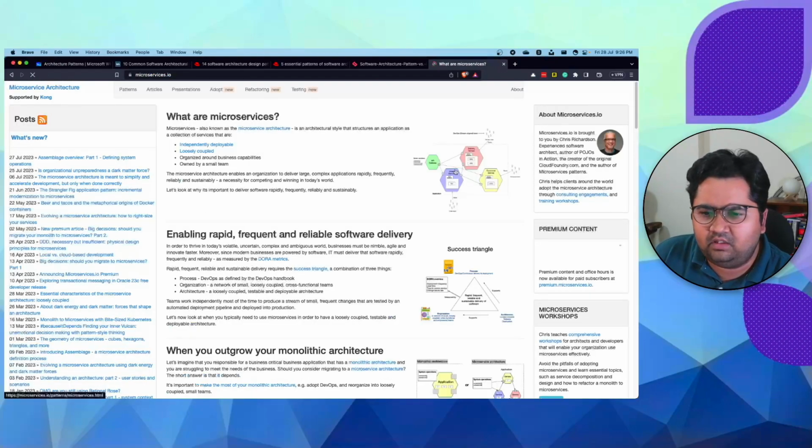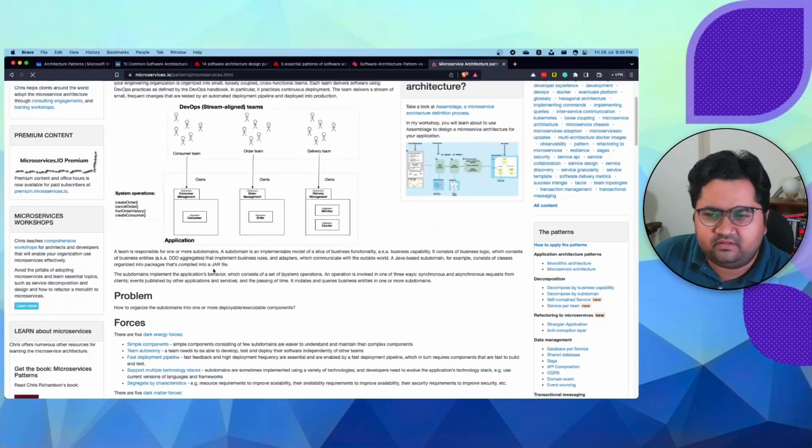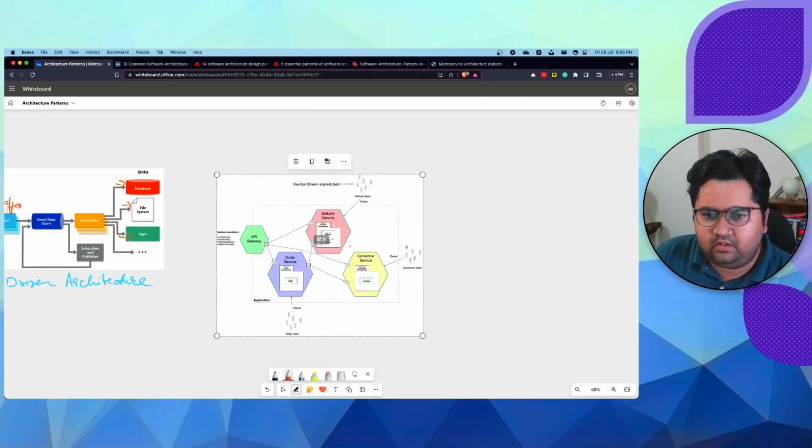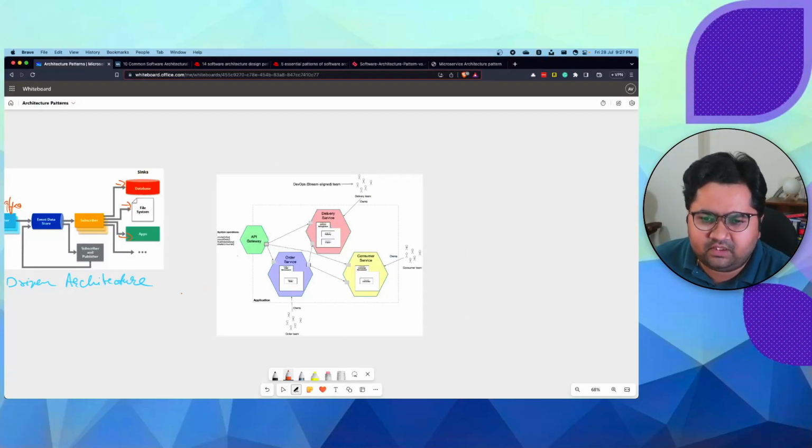For microservices, I typically follow Chris Richardson for his concepts. So we'll just copy this image, put it here, and off we start. This is an example of a system where there's an API gateway. There are 3 services: an order service, a delivery service, and a consumer service. What he's showing is that this service is calling this service, this is getting called by the gateway, and this is calling this. So each service is also calling different services,